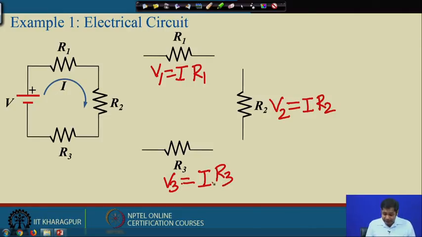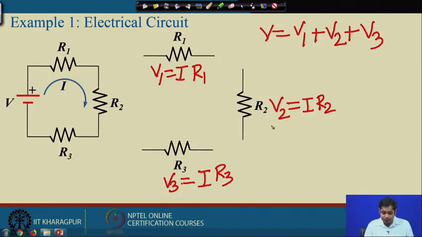So this gives you the voltage drop across each resistor. Now the total voltage drop is V1 plus V2 plus V3, which should be equal to V. Then we have V is equal to V1 plus V2 plus V3, and if we substitute V1, V2, V3, this gives us